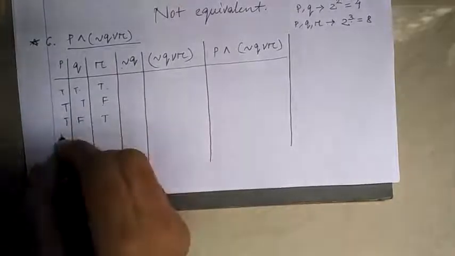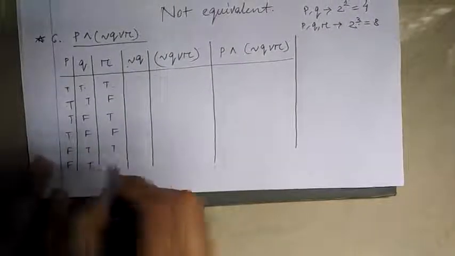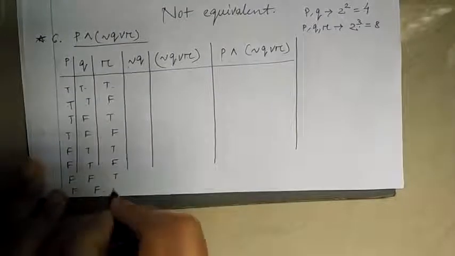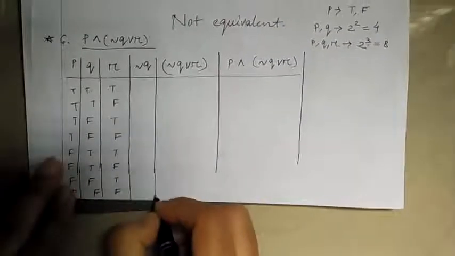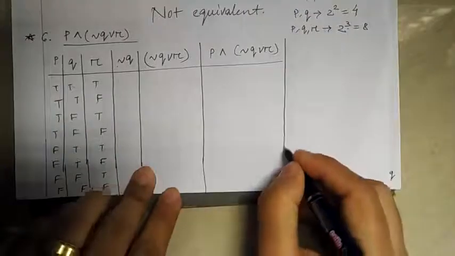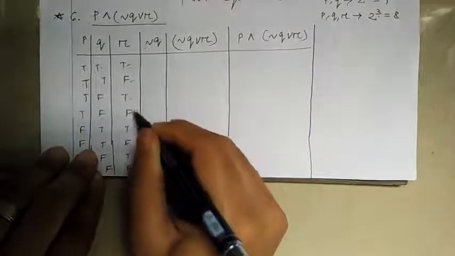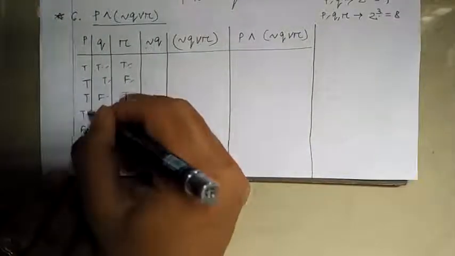See, just mark the way how to write it. You can see the trick. In the last one you take alternately true, false, true, false, true, false, true, false. In the second one, true, true, next 2 false, then true, true, false, false. Here 4 true, 4 false. If you have P, Q, R, S, 4 propositions, then in the last one 8 true and 8 false will be there.